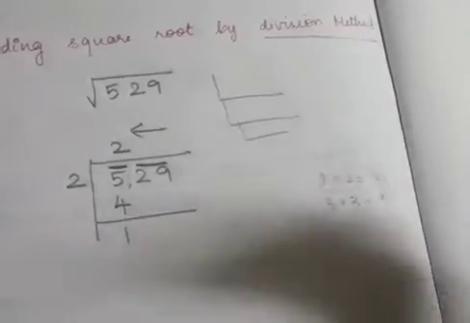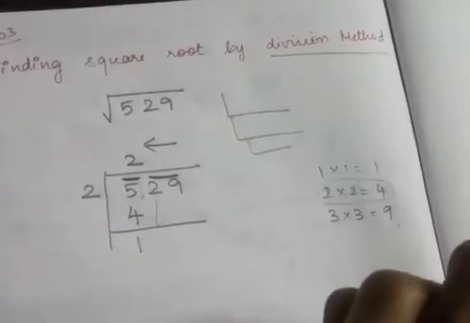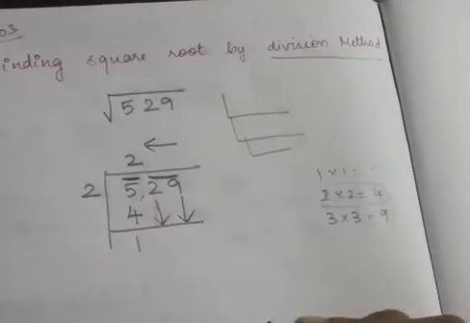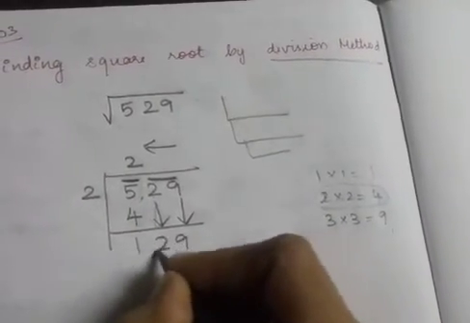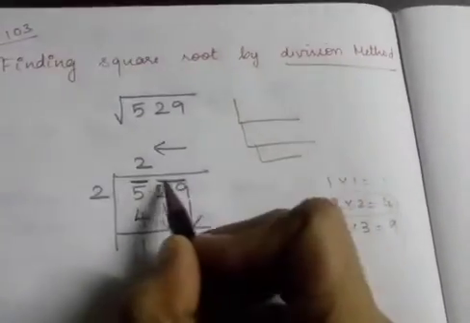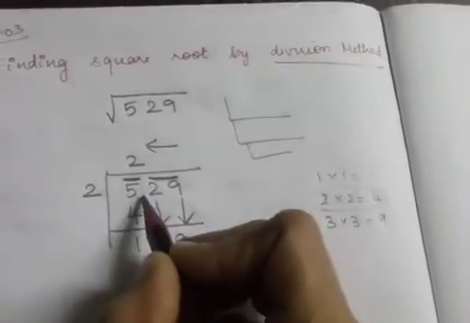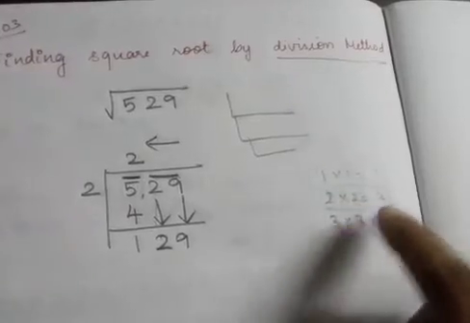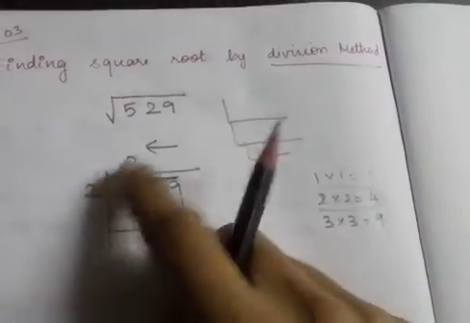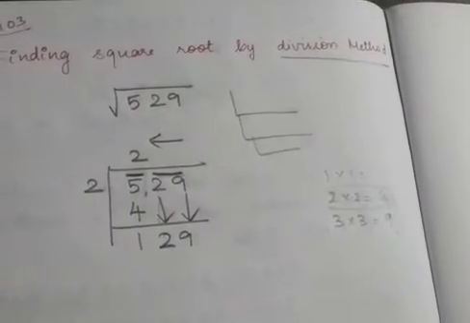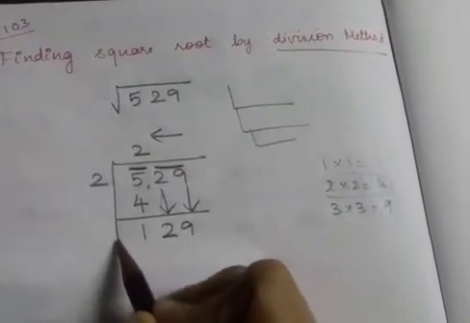While you are doing the division, you normally bring only one number down, right? But in this type of division, you should bring both together down. 29. Both together you should bring down. Listen, children, first what we should do: put a bar and pair it up. The first bar you keep as such. Now you should take the square number. 1 one is 1, 2 twos are 4, 3 threes are 9. 9 is larger than 5. So 2 twos are 4. Remainder 1. Then you bring both of the next two numbers down together. Now we have brought both down.